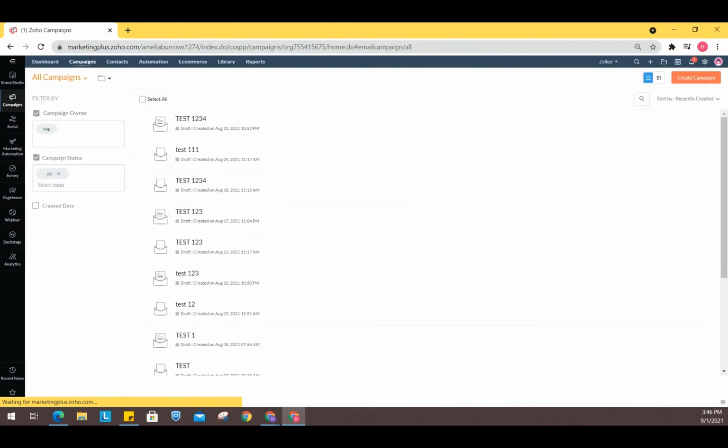So, like we discussed, to access any of these applications, all you need to do is just switch between them, and that too with so much ease, with just one click.